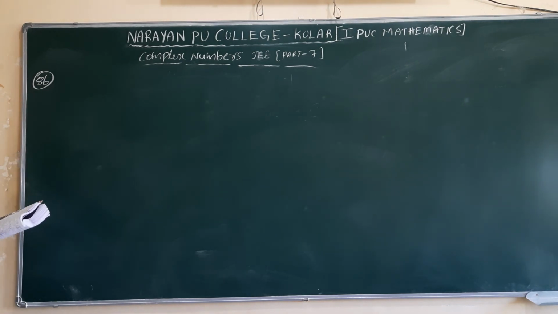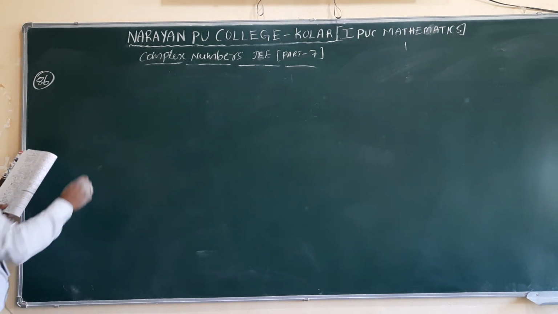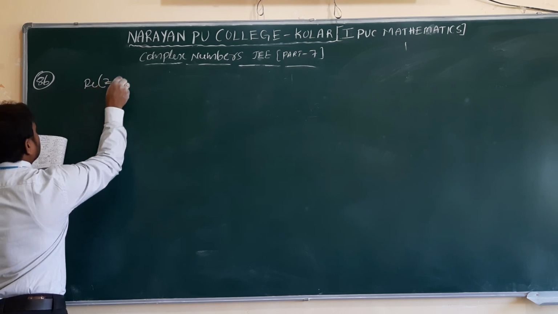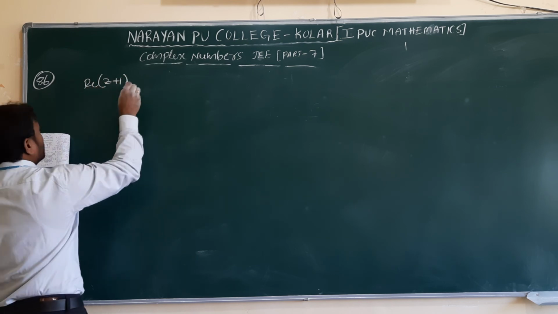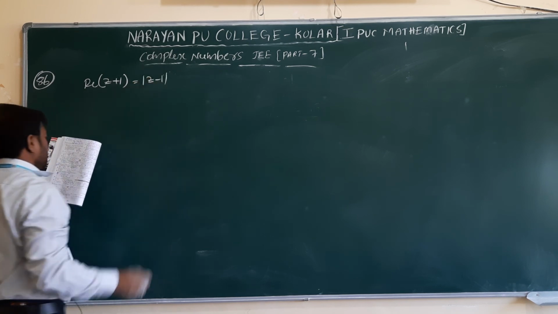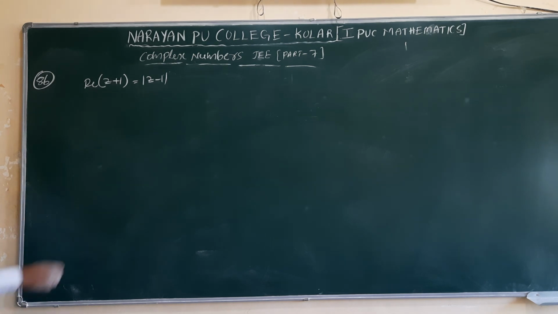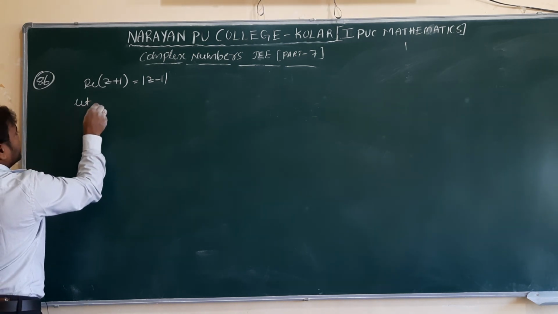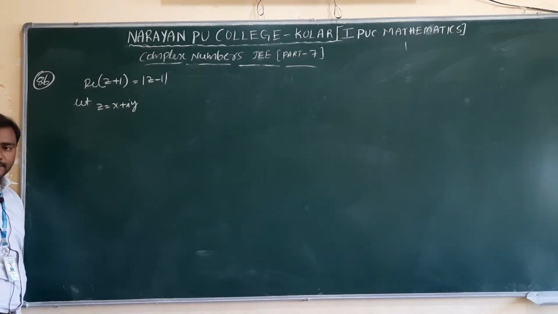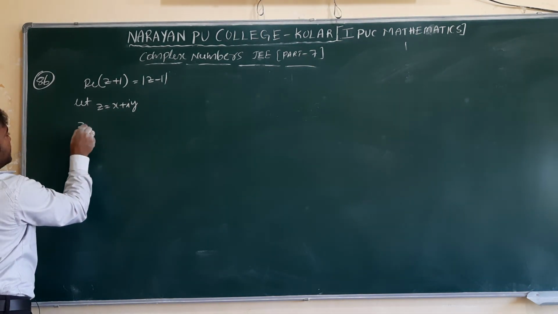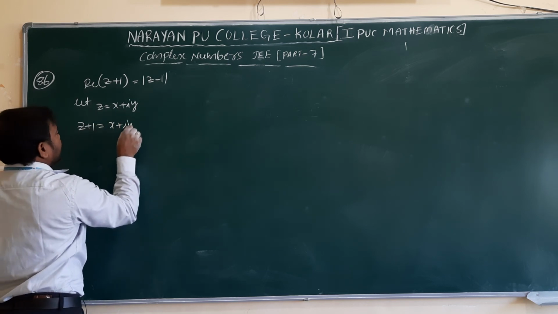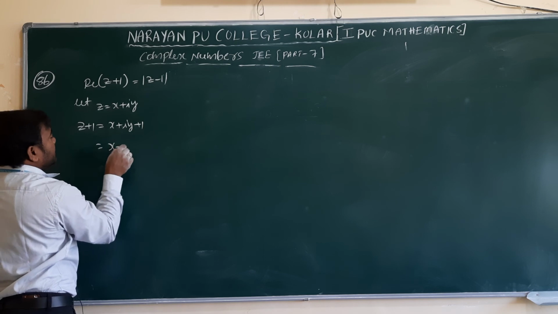The locus of z, if real part of z plus 1 is equal to modulus of z minus 1, is... Here let z is equal to x plus iy. Then z plus 1 is equal to x plus iy plus 1, so x plus 1